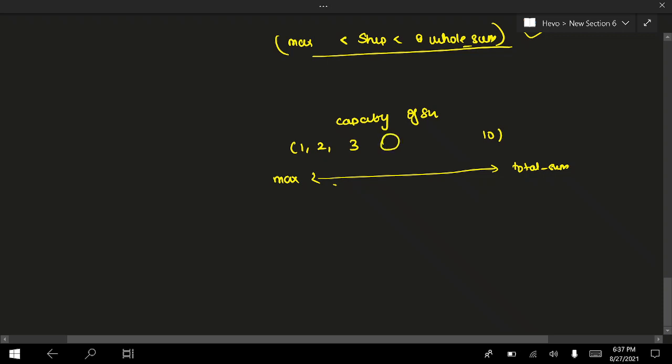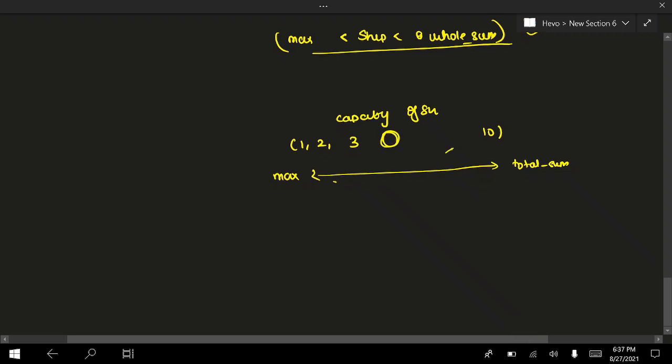Let's suppose we find the value somewhere here. That means we have to ignore all this part because it's not valid. You have to look for the more minimum value, so we have to go to the left hand side, not the right hand side. Are you getting it? This is basically a binary search, right? So we just have to perform a binary search.